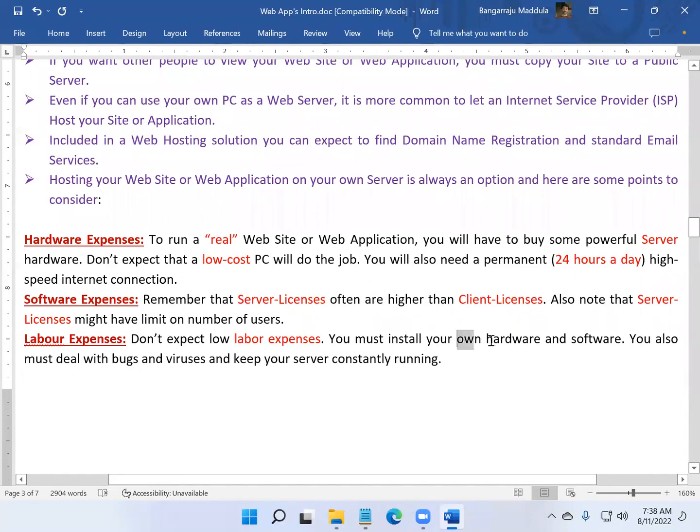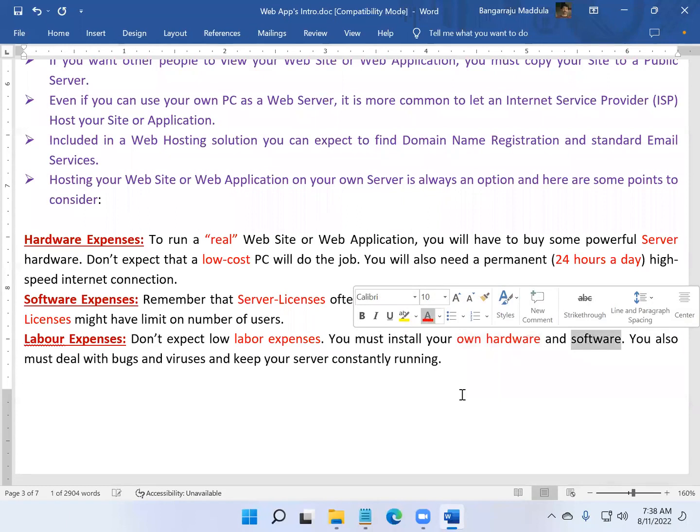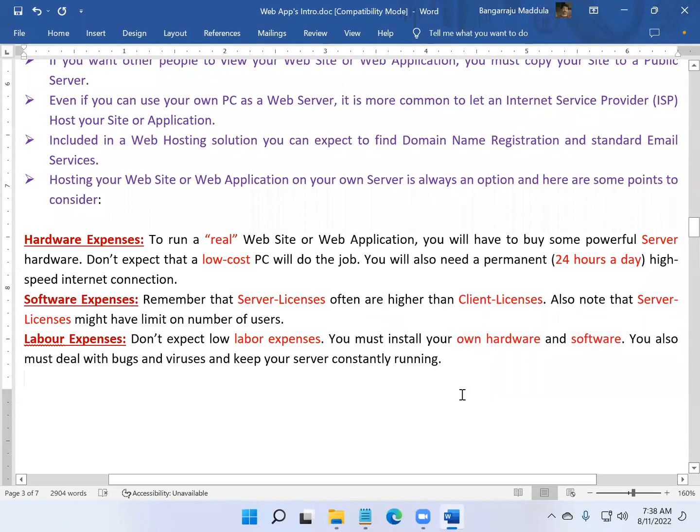Who will do it? Will you do it? You have your own server for your website, and you put this server up for doing some business. You're selling something, and to sell something, you're maintaining this server. But just understand what I'm telling you. Suppose there is any issue with the server, who is going to fix it? So you require an administrator now, and will he work free of cost? You're required to pay for him. Every month you're required to pay a salary for him. And all this adds to your cost.